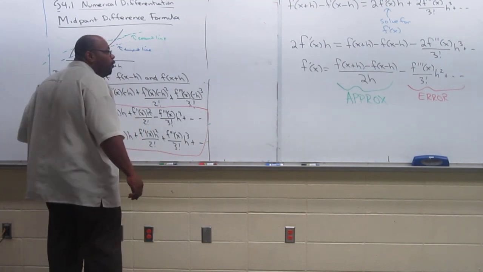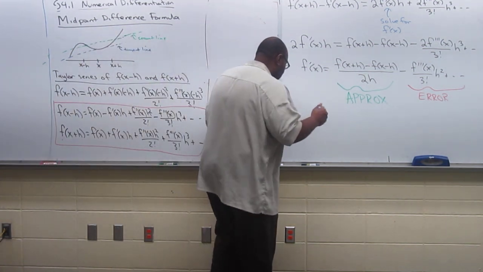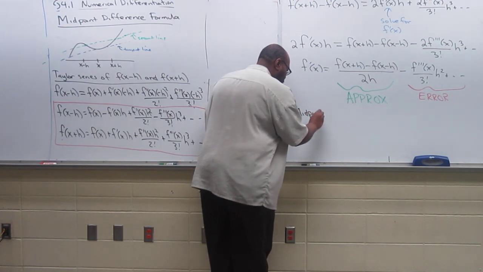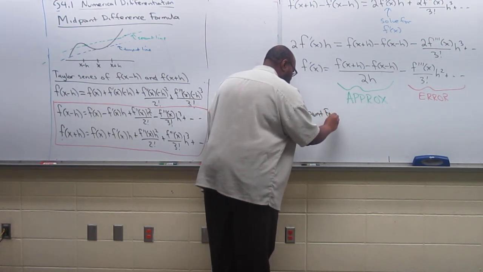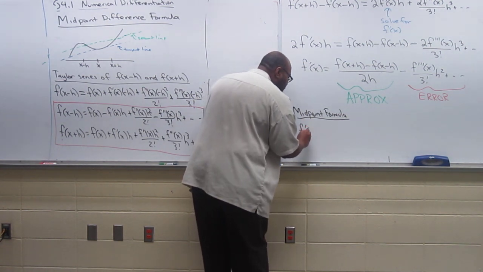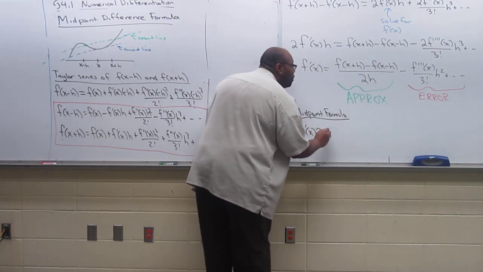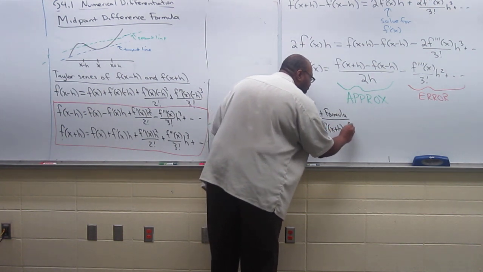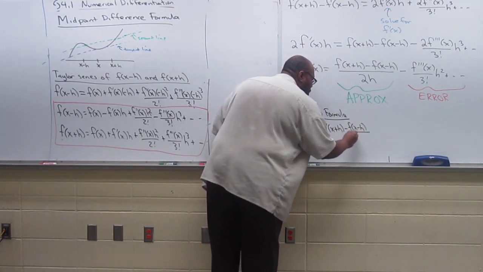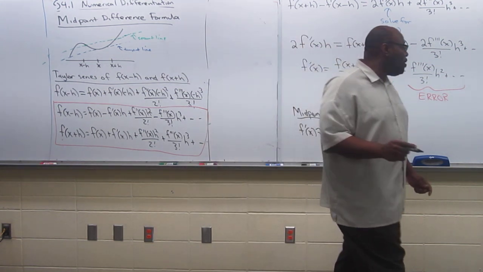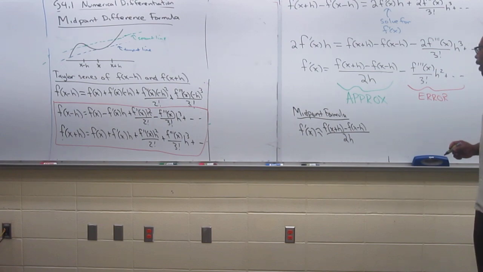So my midpoint formula looks like this. I have f prime of x is approximately equal to f of x plus h minus f of x minus h over 2h. And notice that this error is actually much smaller than the ones I had before. I erased it, but